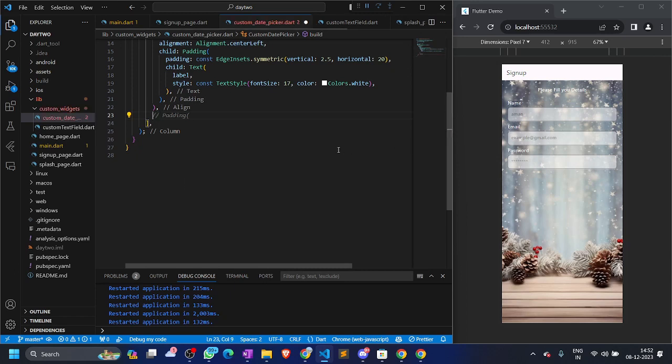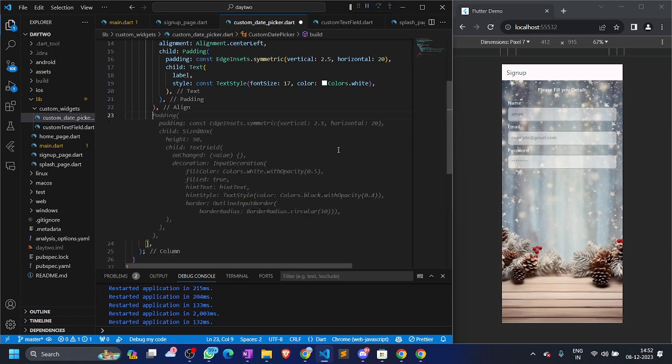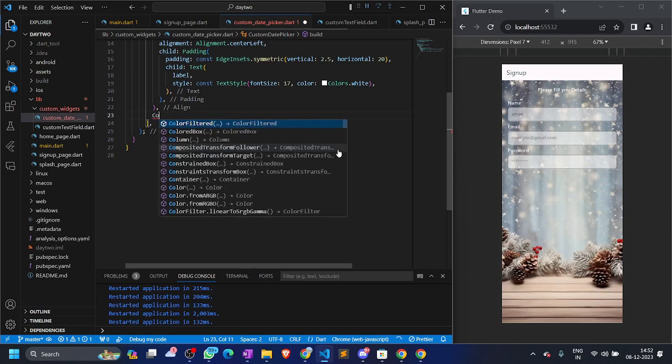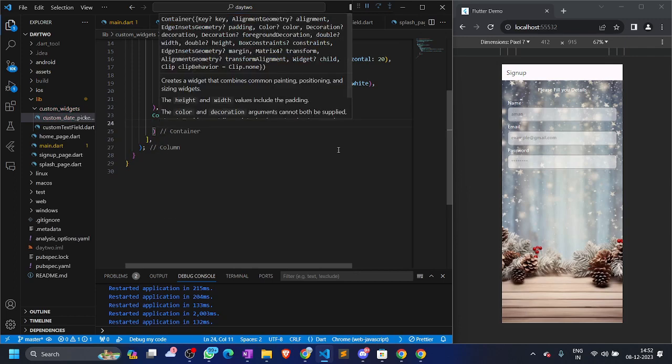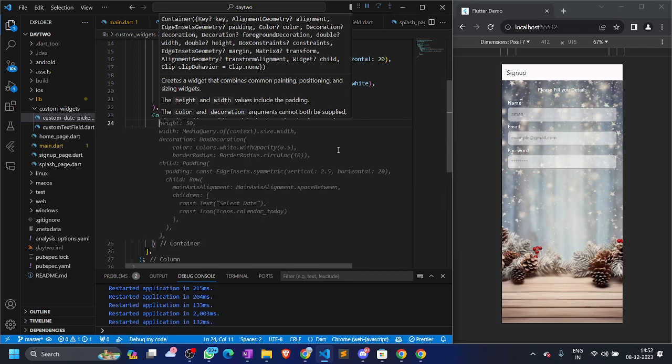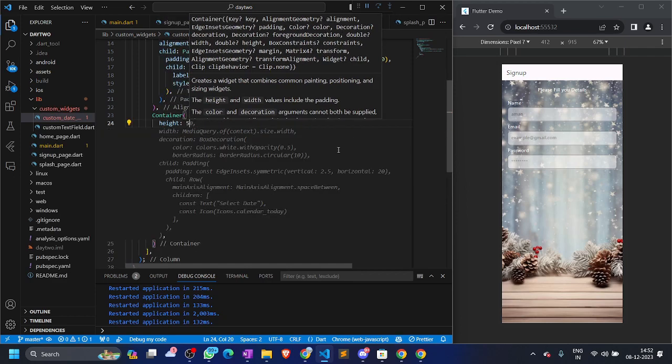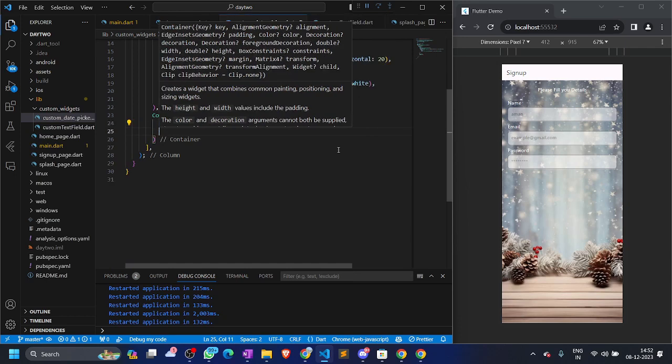So whenever you want to design something, the best thing is to use a container. Container is very powerful and it gives you a lot of flexibility in terms of design. So I'll show you how. I can just create this text field by using a container too. Let's give it a height of 50. We'll have to change that because a container and a text field are a little bit different, but for now